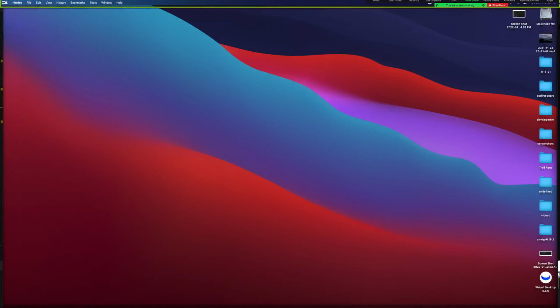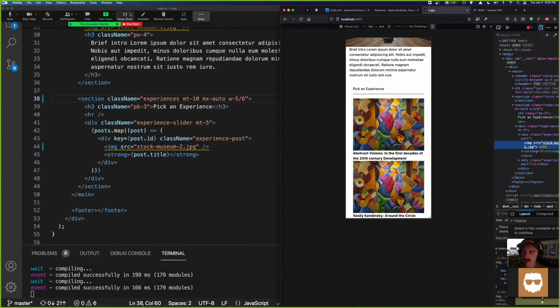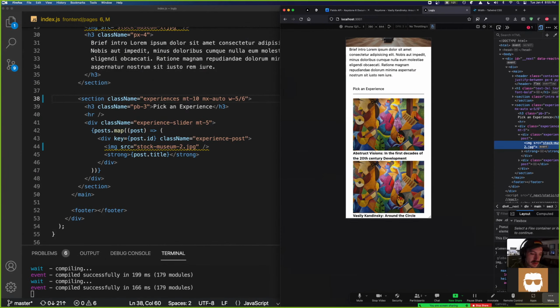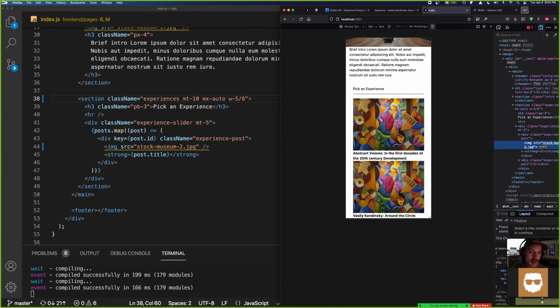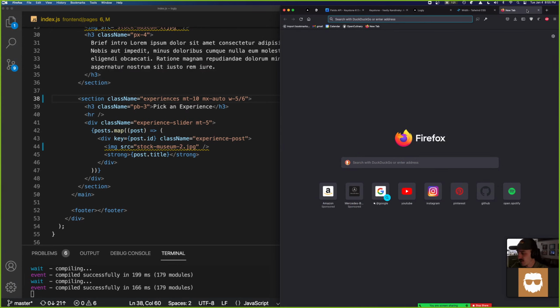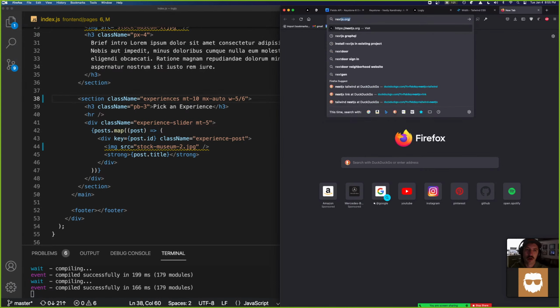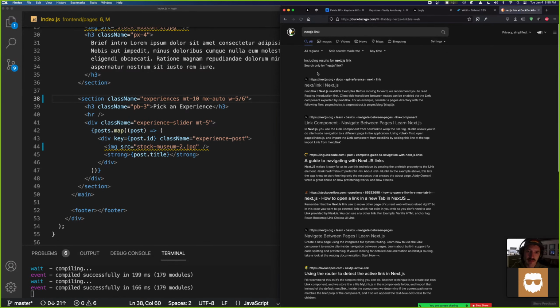The zoom bar is always in my way. Let's do, oh, Next.js has a link component, don't they?